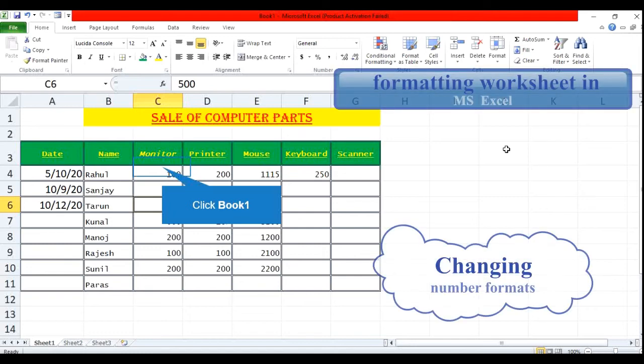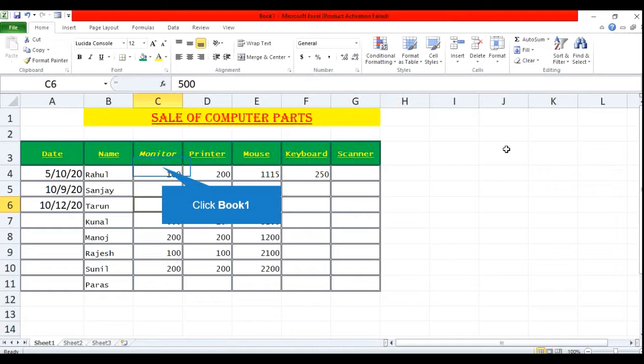नंबर फॉर्मेट्स। हमें सबको पता है कि हम एक्सेल को जनरली नंबर से रिलेटेड इंफॉर्मेशन को स्टोर करने के लिए यूज़ करते हैं। तो अगर हम नंबर को स्टोर करना चाह रहे हैं तो ऑब्वियसली वी हैव टू फॉर्मेट द नंबर ऑल्सो. So changing number formats is available in Excel. See how to do that.